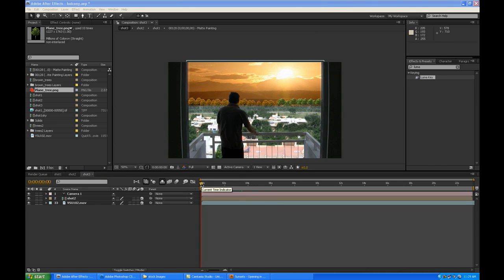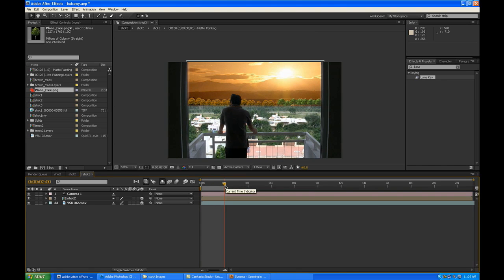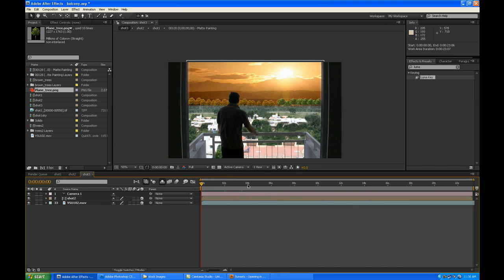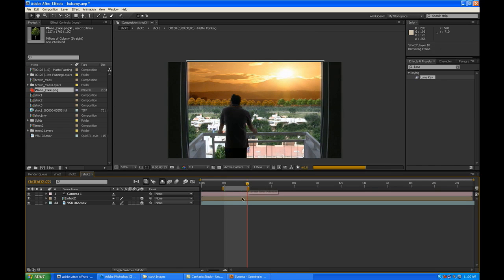If you press Shift 0, it'll give a ramp preview, skipping each frame, but I don't want the entire frame to come, I just want till 2 seconds. So I press N here. So this is the work area. I just wanted to let you know what the work area is. Expand this back. If you want to see only between 2 seconds and 4 seconds, you move your timeline to 2 seconds and press B, which starts the work area, and come to 4 seconds and press N. So this will be your preview area. And if you press Shift 0, which is for ramp previewing skipped frames,